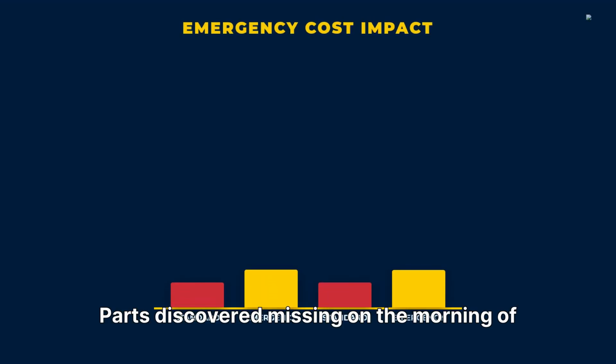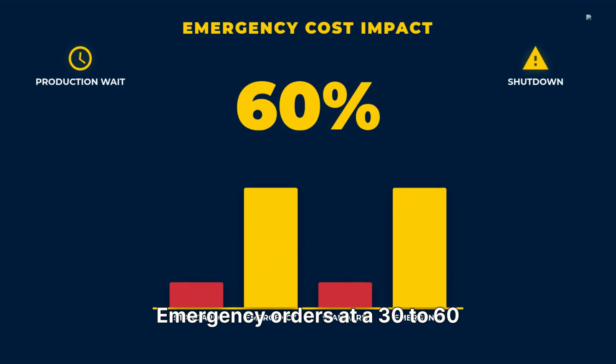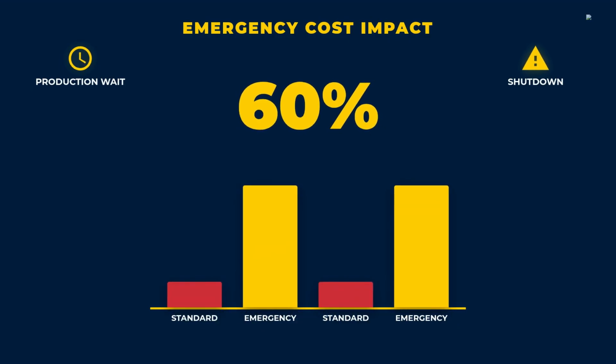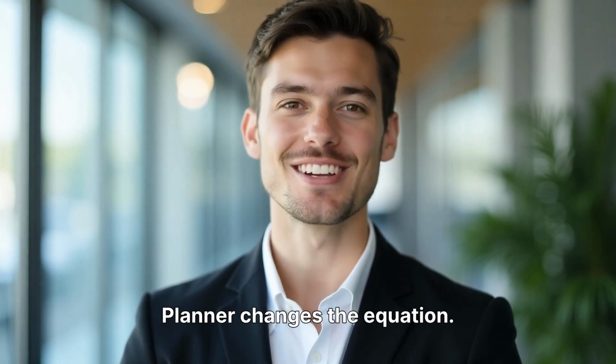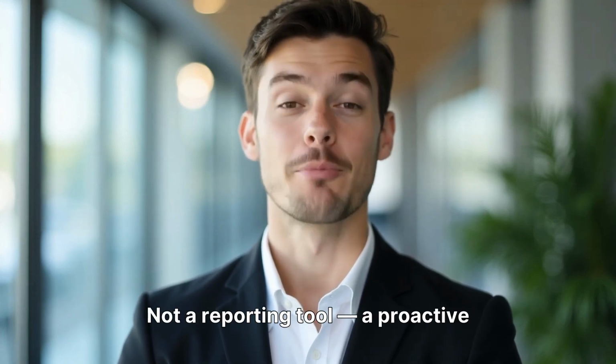Parts discovered missing on the morning of the job. Emergency orders at a 30 to 60% cost premium. Production waits. This is where the MRO360 Work Order Planner changes the equation, not a reporting tool, a proactive warning